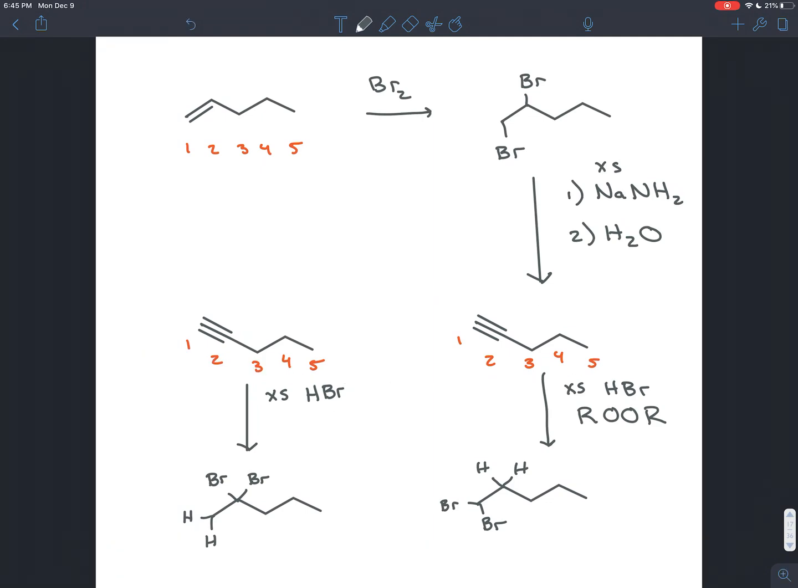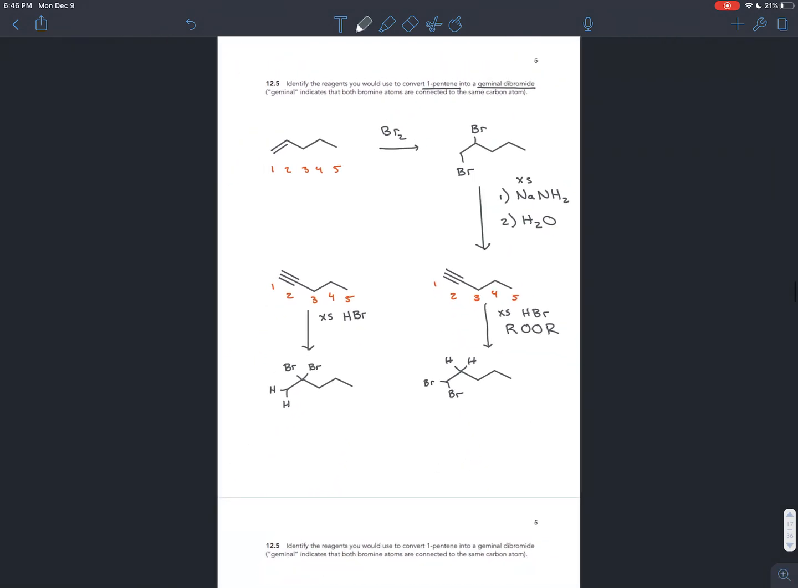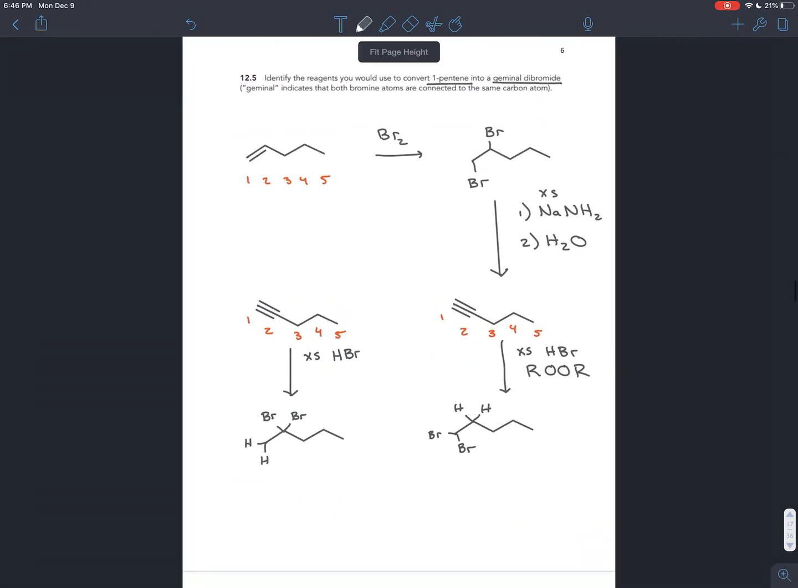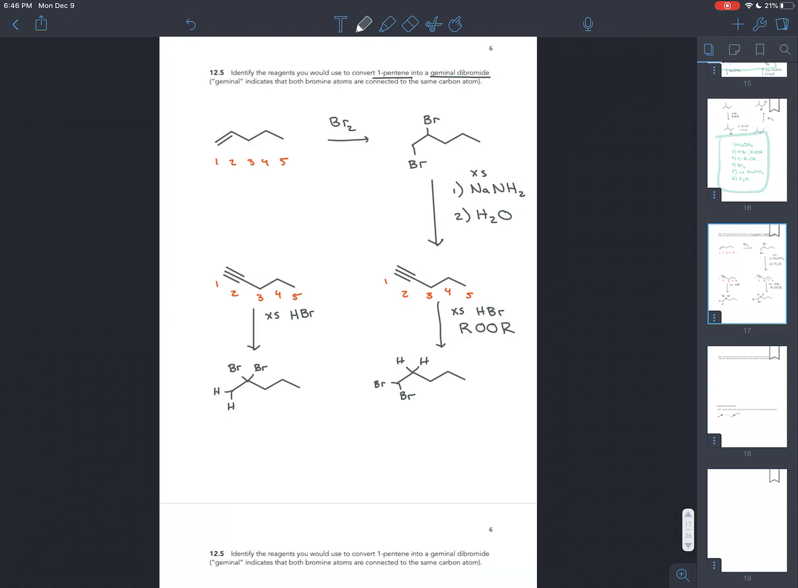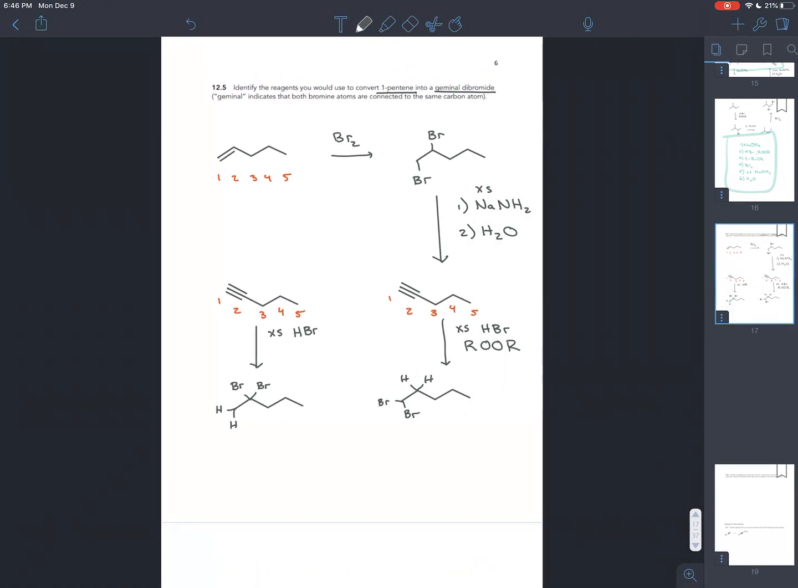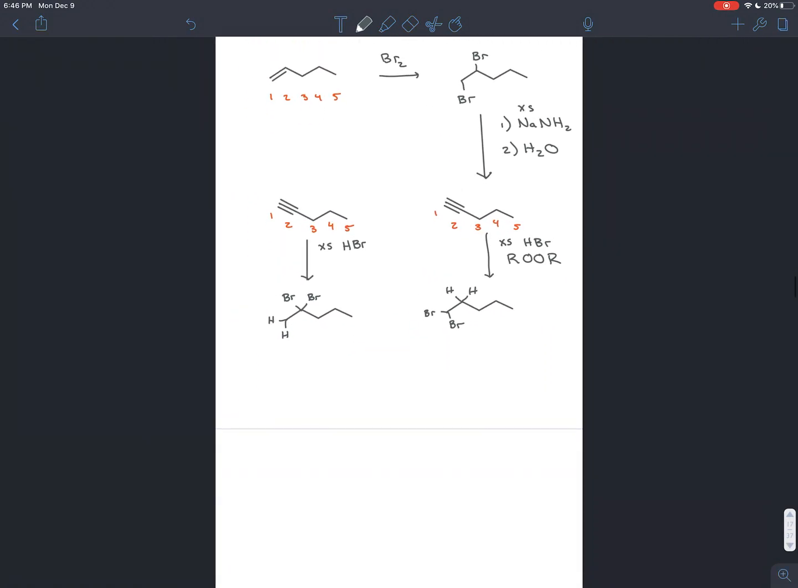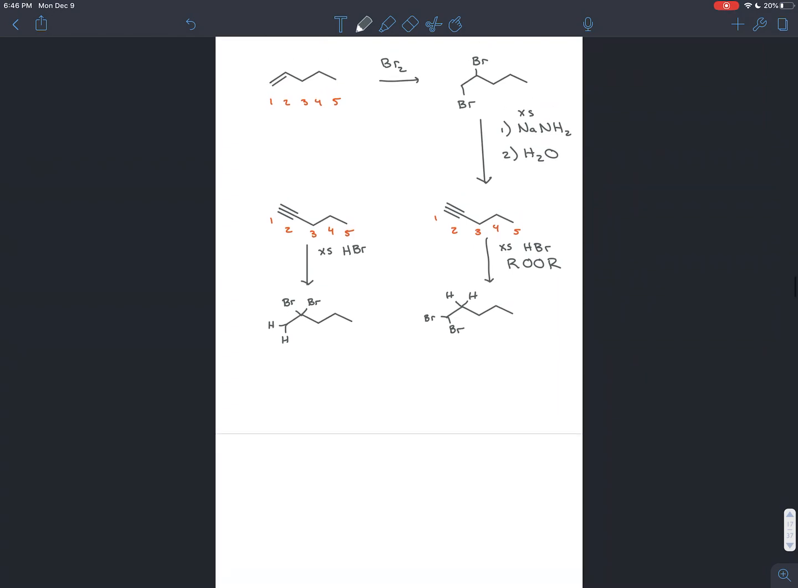And once you have this molecule, notice they're the same, you can either use excess HBr to get a geminal dibromide on the more substituted carbon, or excess HBr and peroxide to get a geminal dibromide on the less substituted carbon. So you sort of have two possibilities here, two syntheses open to you, depending on what type of geminal dibromide you want to make. You could either